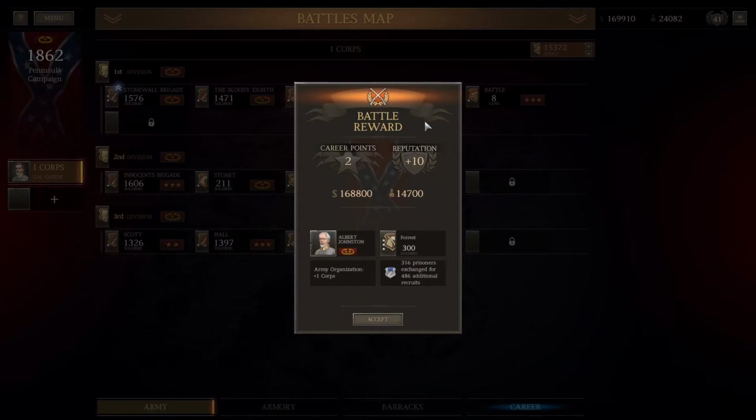So this is our battle rewards. Got 2 career points, reputation plus 10, almost $170,000 and almost 1,500 men. We got Albert Sidney Johnson, who survived the battle apparently, and it looks like we actually got Forces Division as well, plus 1 Army Corps, and we got some